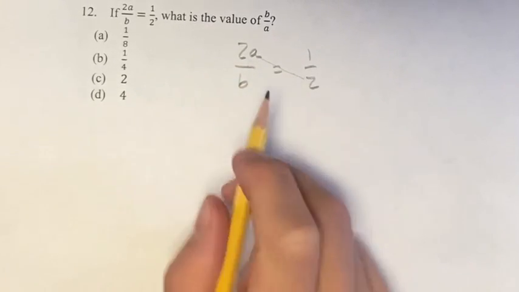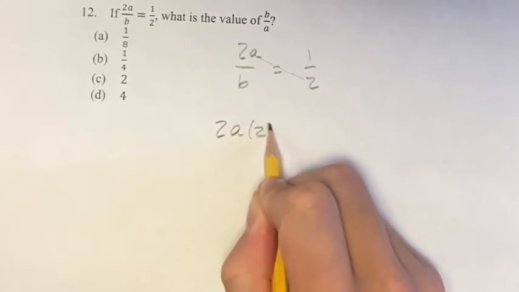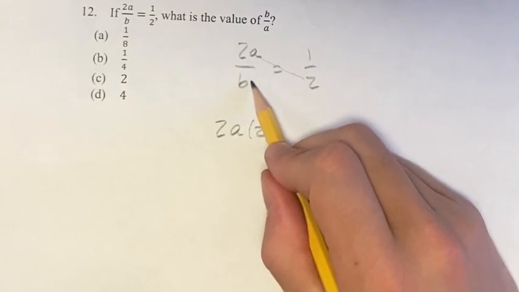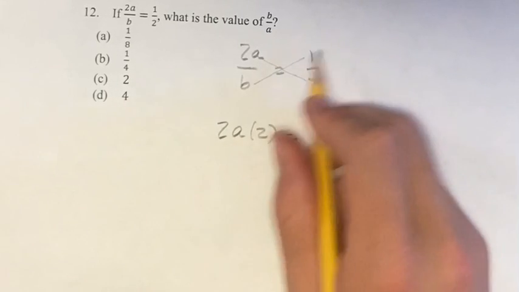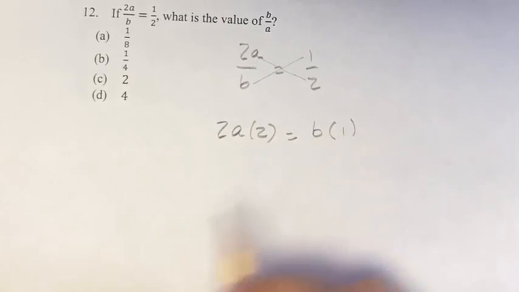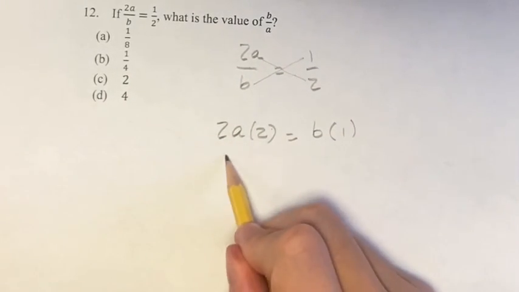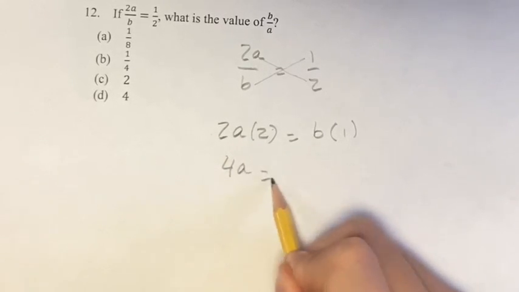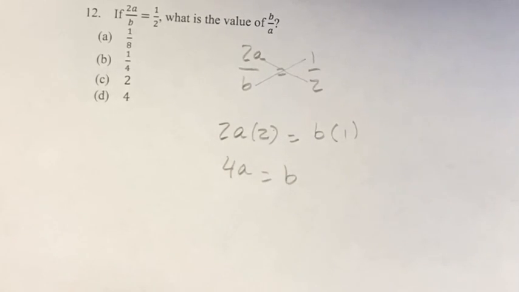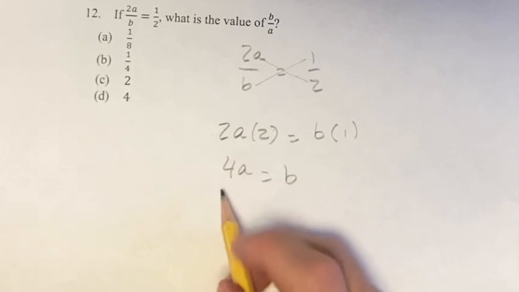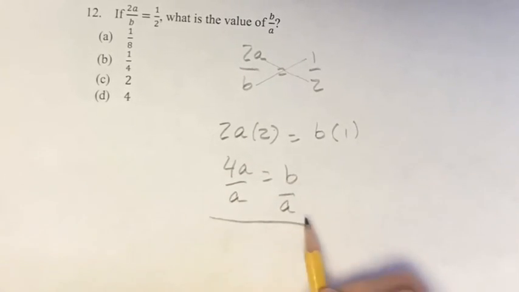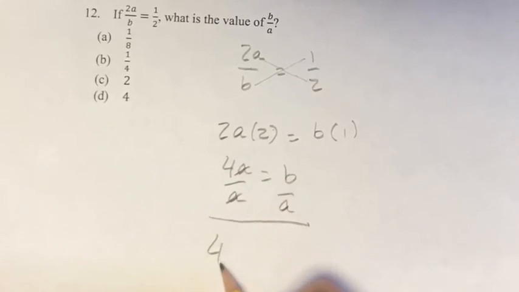So you have 2a times 2, and this has to be equal to the denominator of the first one times the numerator of the other one, which is the other two that we haven't multiplied yet, b times 1. So 2 times 2 makes this 4a, and this is equal to b, and we're looking for the value of b over a. So if we divide both sides by a, these a's cancel, we get 4 is equal to